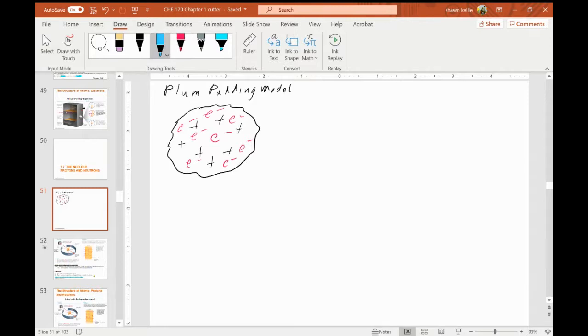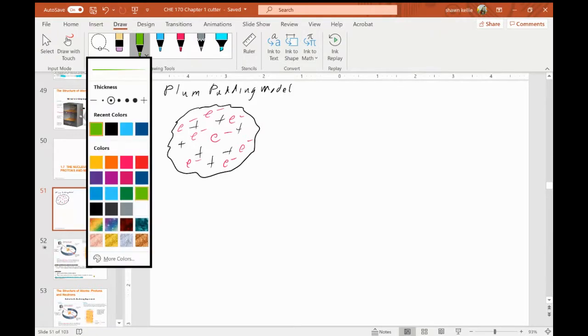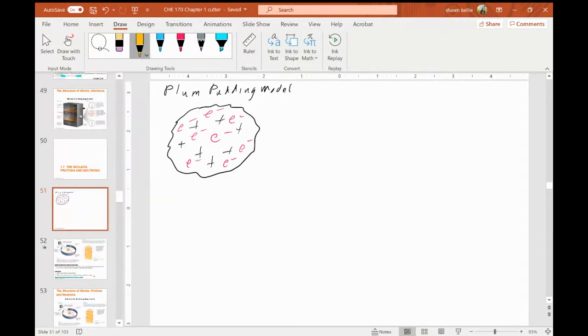Rutherford had a graduate student who was driving him bonkers and he just really wanted to get rid of. So he said, okay, I'll give this graduate student this really easy experiment to prove the plum pudding model of the atom so that I can be done with them. So what the graduate student did was he went to the basement of the science building and he took a thin sheet of gold,